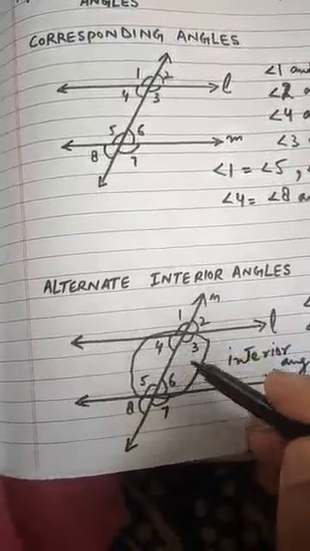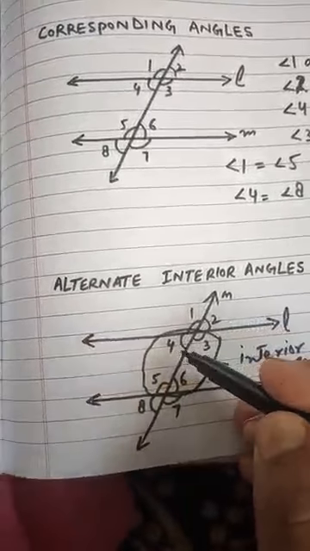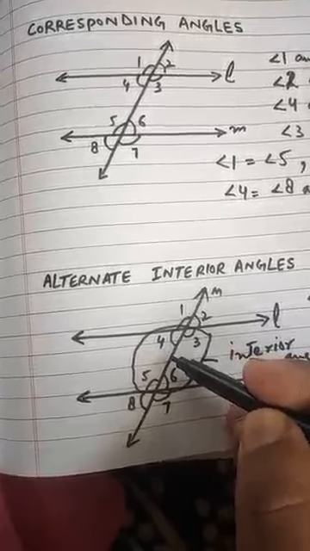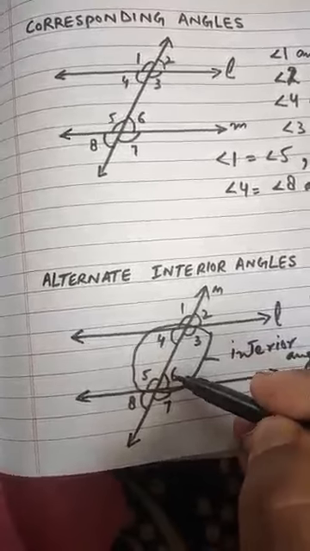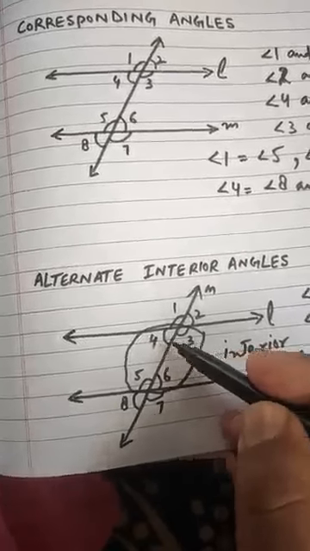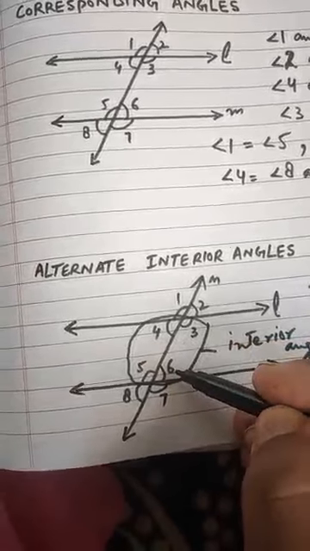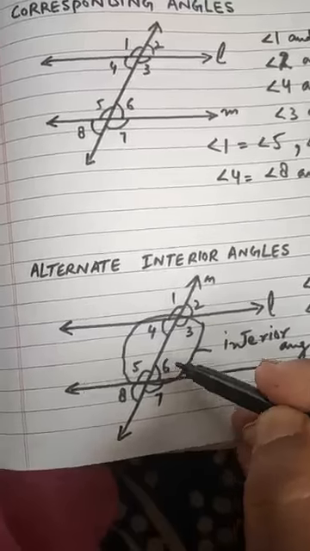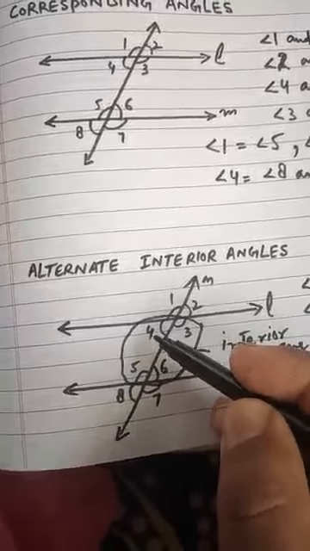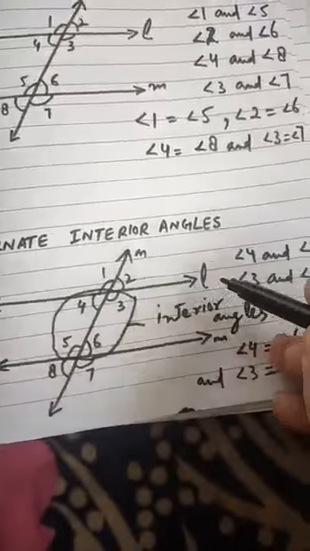We have interior angles as angle 3, angle 4, angle 5 and angle 6, and alternate means one is on the left side of the transversal and another is on the right side of the transversal. But angle 4 and angle 3 are not alternate interior angles, these are adjacent angles, so we are going to take a pair as angle 4 and angle 6. These are alternate interior angles. Angle 3 and angle 5 are alternate interior angles, and these are also equal. That means angle 4 is equal to angle 6 and angle 3 is equal to angle 5 because the intersected